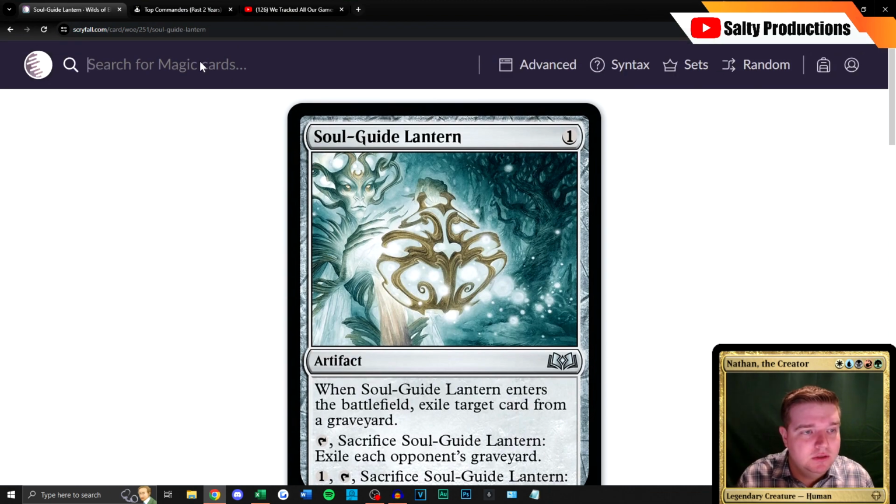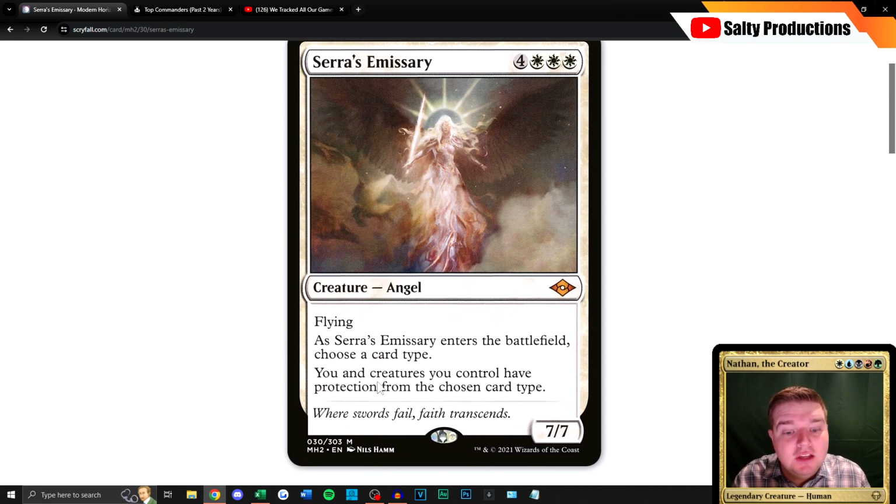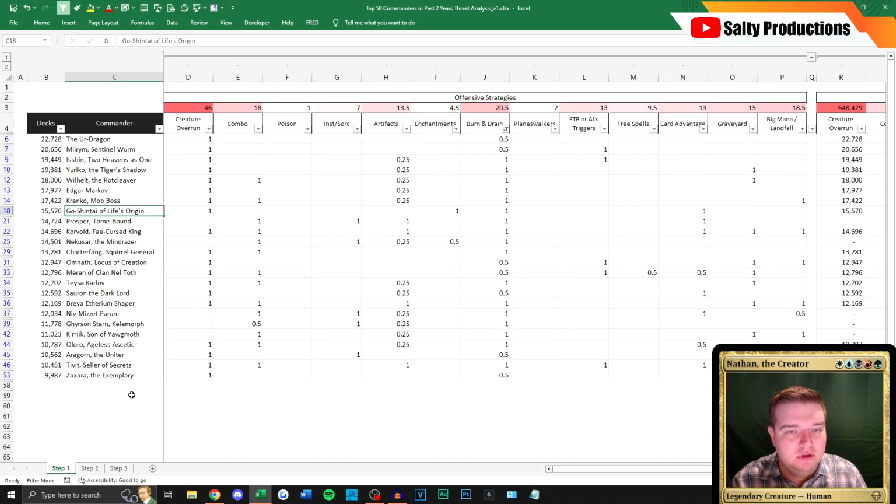Or if you have something like protection, so if we were to look at a card like Sarah's Emissary, which is a classic finisher in white, you can just give yourself protection from a chosen card type, meaning you can't be dealt damage by that card type, which is pretty great. For burn, there's also life gain effects like we talked about to mitigate those, and then we have a half point into artifact and enchantment hate here, because if we were to look at our burn and drain style commanders that are looking to win with a strategy,